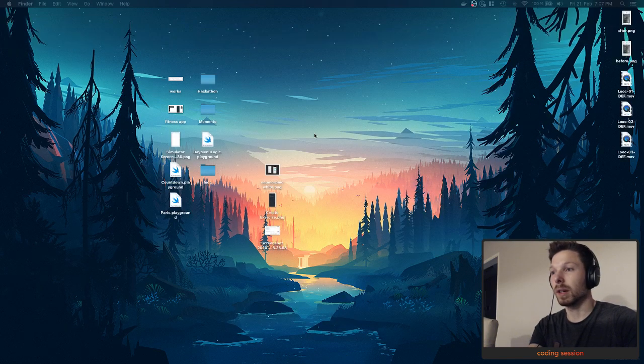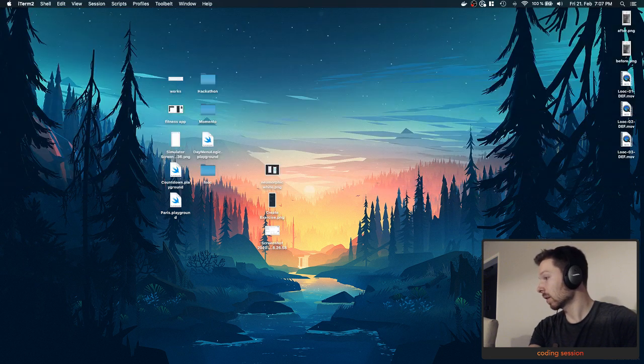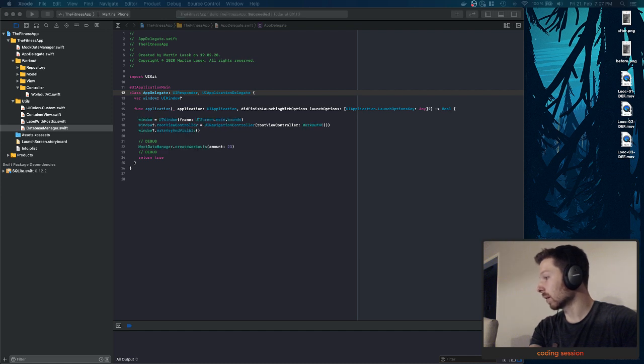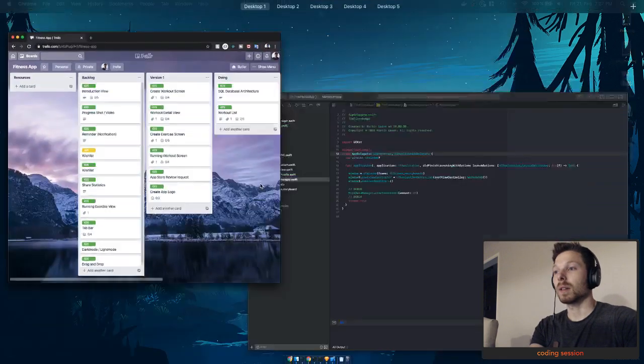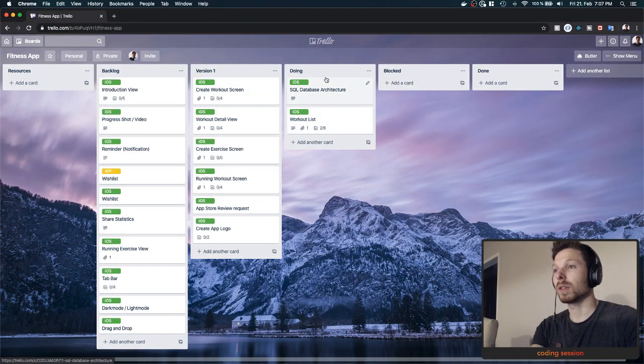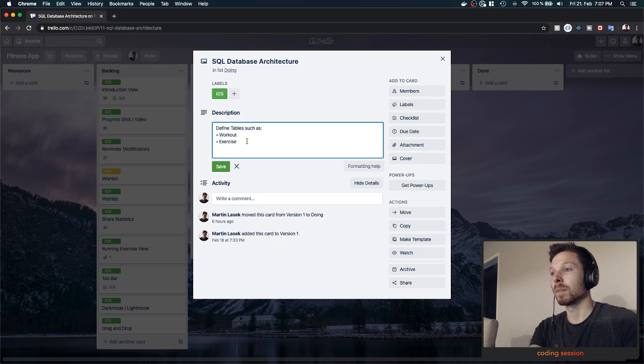I prepared the design already. Let's open the fitness app Xcode project in Xcode, and let's also open Trello so we can see where we are at. I have updated the board to reflect our current state because we are working on a database architecture right now for the workout and define columns, such as actually tables, and